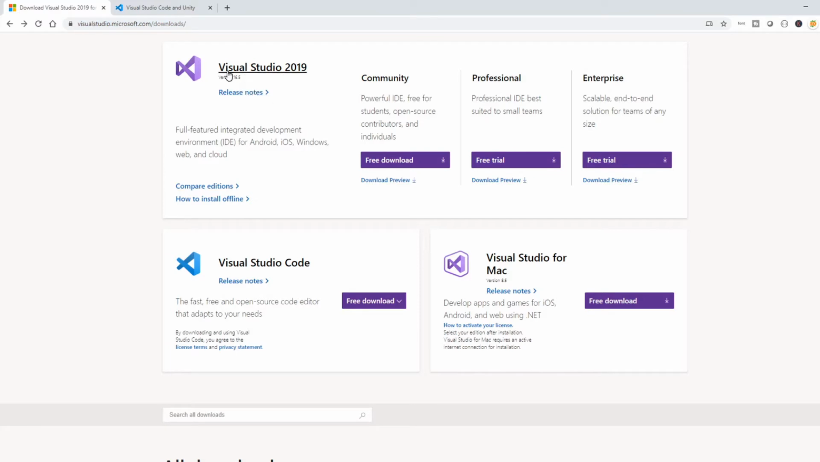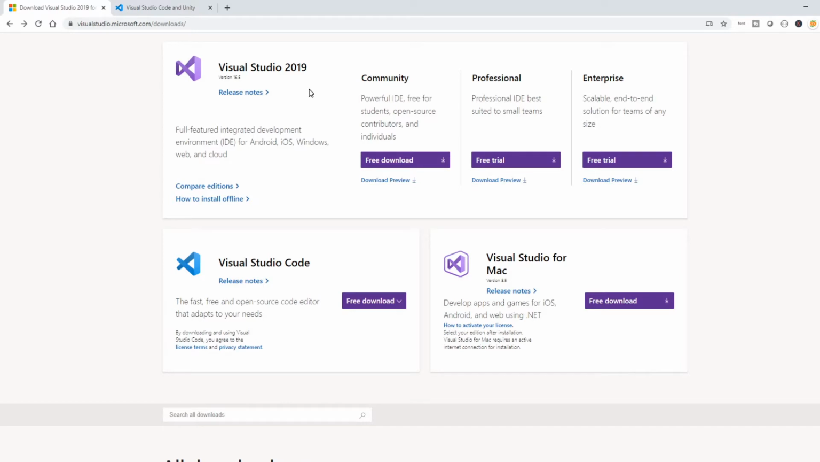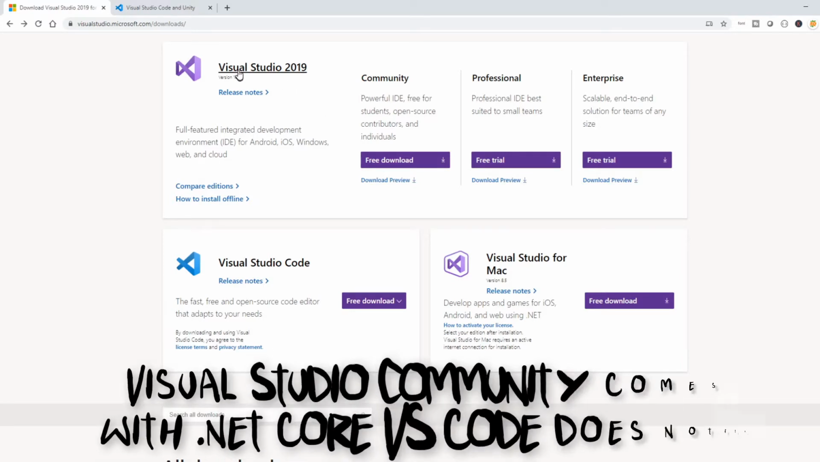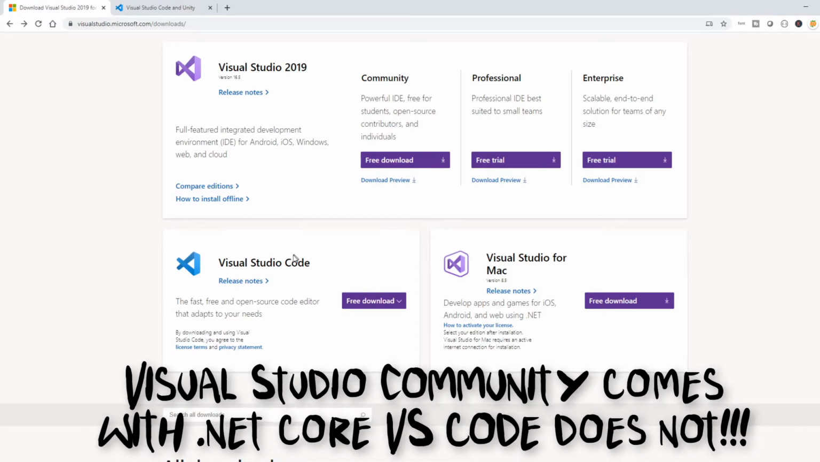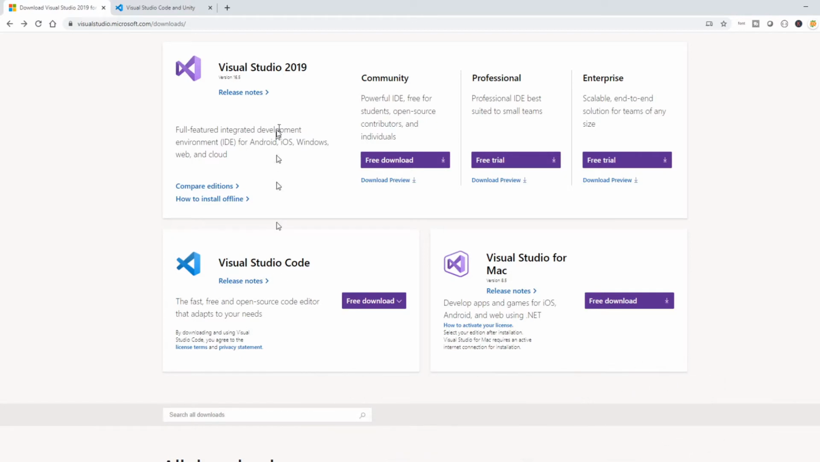First, we're going to walk through setting up Visual Studio 2019. And you're probably wondering, why are we going to download both of them? Well, that's a good question, because Visual Studio 2019 comes with something really special called the .NET Core SDK. This SDK is a library with all kinds of stuff that we need to code C# and Unity. And it comes preinstalled with this. Visual Studio Code, it doesn't. So we have to download it separately